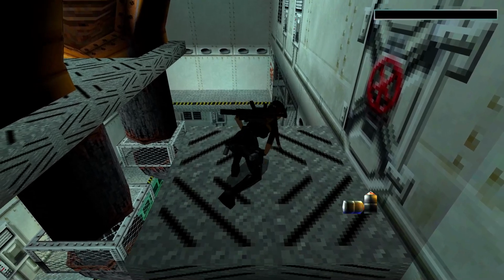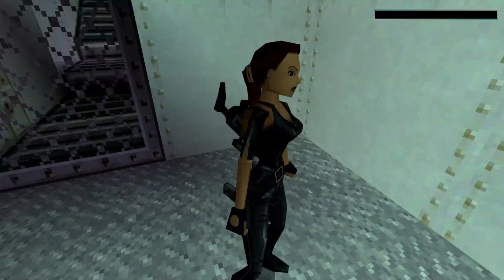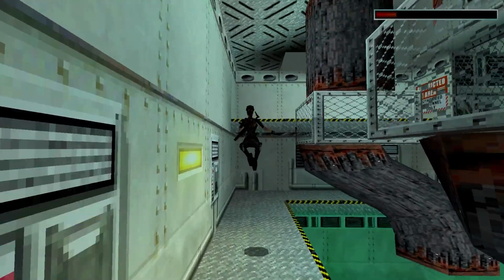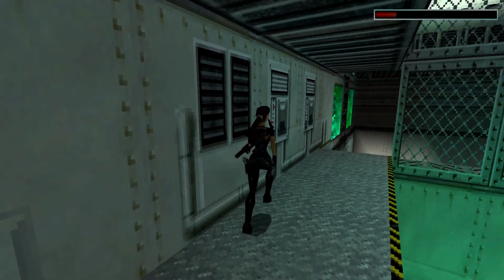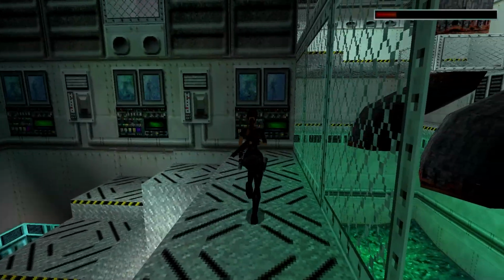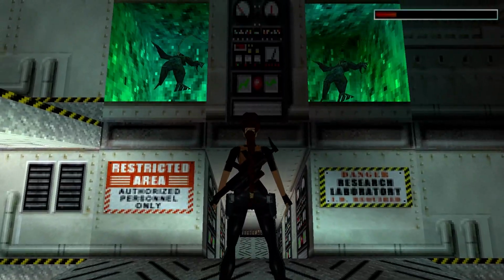We got some granadas. We got some nades. Alright, don't fall off, Laura. Okay. And basically what we have to do is essentially fill that room with water. Now the way to do that is we want to go over here. And as you can see here, we have